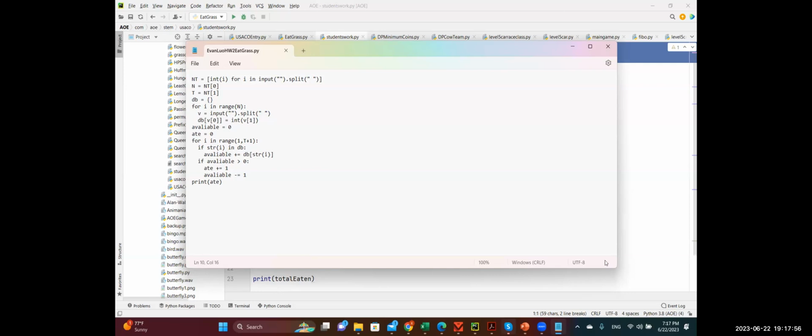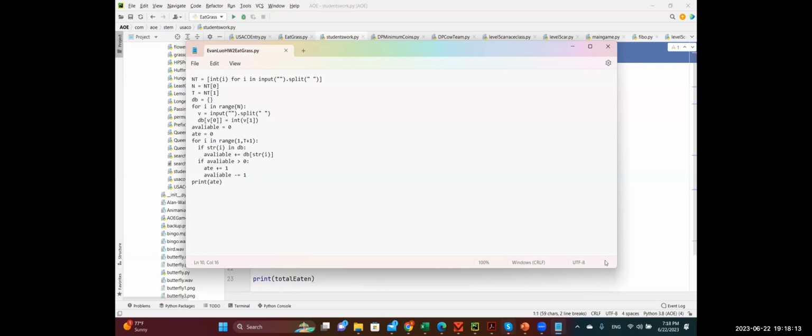And then I set two variables all set to 0 called available and 8. And then I did another for loop with range, and I did 1 and t plus 1 as the